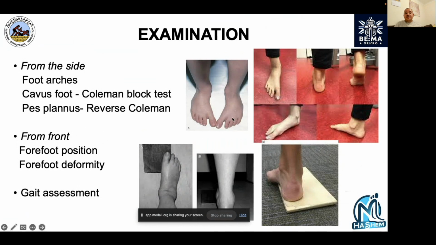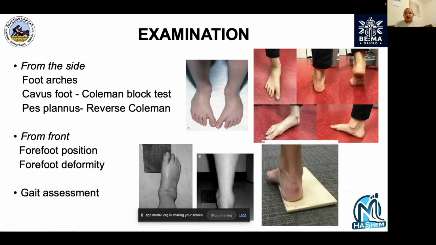Commonly to see a hallux valgus, common to see a hammer toe, a mallet toe, any splaying of the lesser toes, a bunion. So it is easy to spot any of this. While the patient is standing, I ask them to walk to the door and back to me slowly and normally,